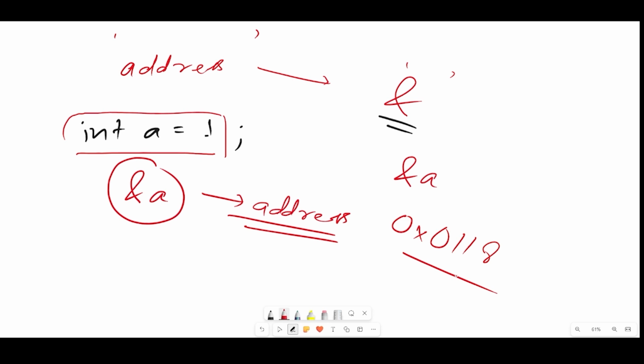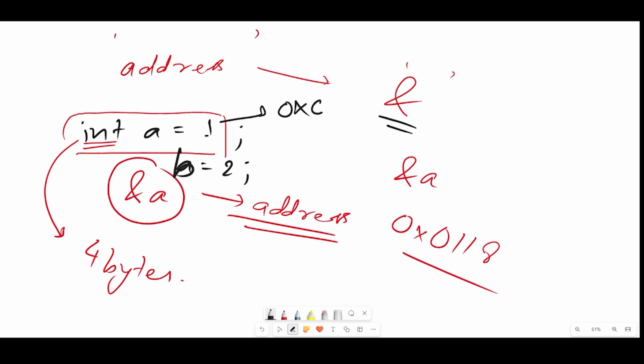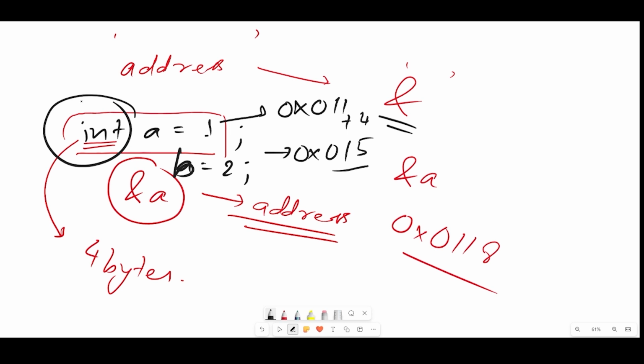Now here you have to remember one thing. Since it is an int data type, as I have told you in the previous lessons as well, addresses will differ by 4 bytes, since int takes 4 bytes of memory. For example, let's say I have two variables, int a = 1 and b = 2. If the first address of a is, let's say, 0x011, the next address would be 0x015, because we have to go up by 4. So it will differ by 4 or more depending on which data type you are using. If you're using float, it will be 4 again. If you're using double, it will go plus 8.